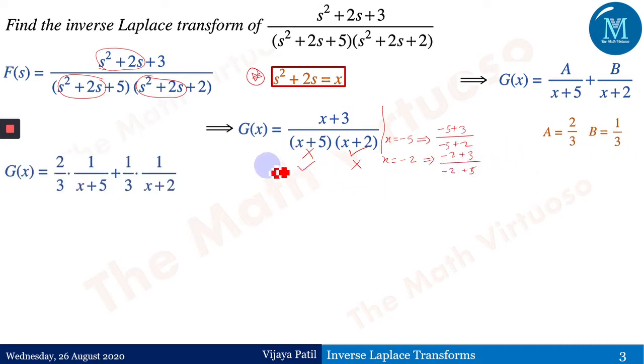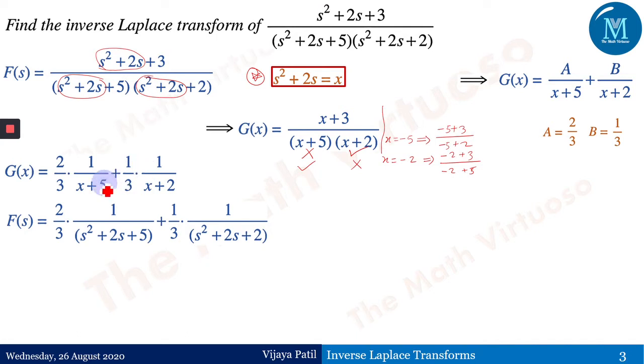After that, the procedure is very simple. Putting the values of A and B, we get this. But now we take back our x. We give back s and replace x as s square plus 2s. The role of x is just to take out these factors, or you can say just to do the partial fraction of this complicated function. Otherwise it is of no use. So we have just used this x as a bridge to reach the partial fraction by a very simple and easy method.